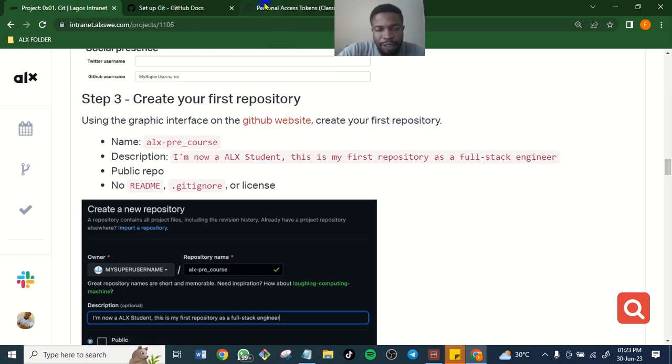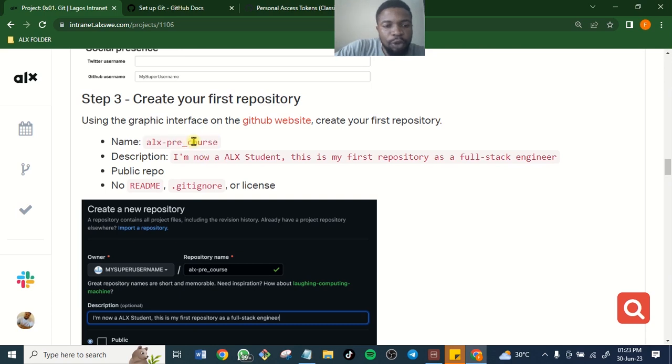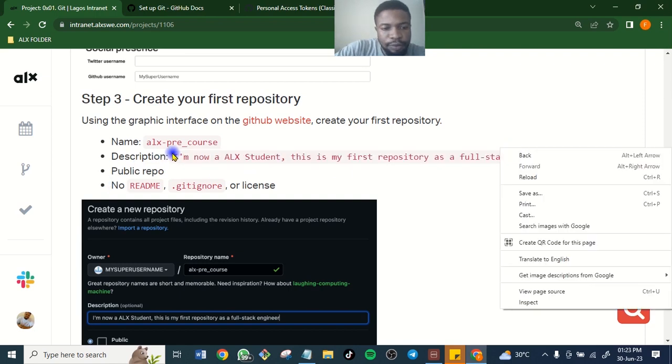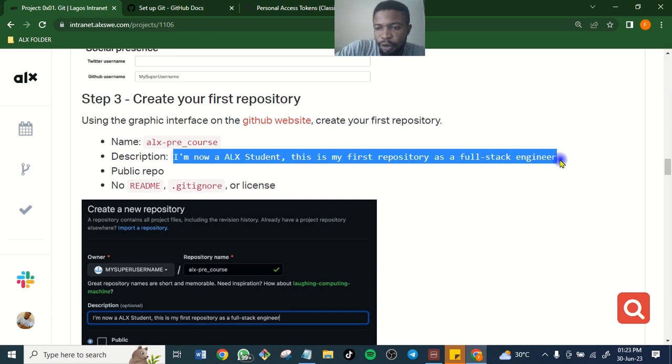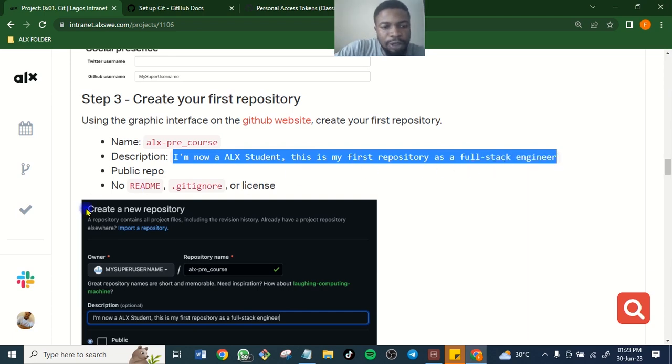We are already on the GitHub website. So what is the name of the repo? Copy it. Don't forget, you must have pasted your token before you copy any other thing. If not, you will lose it forever. So let's copy this, or we can just copy this. This is much longer. Copy this. Okay, it has been copied.